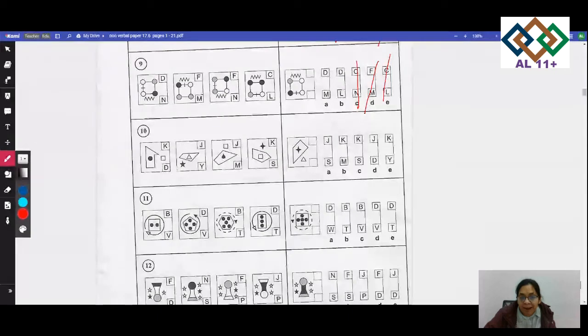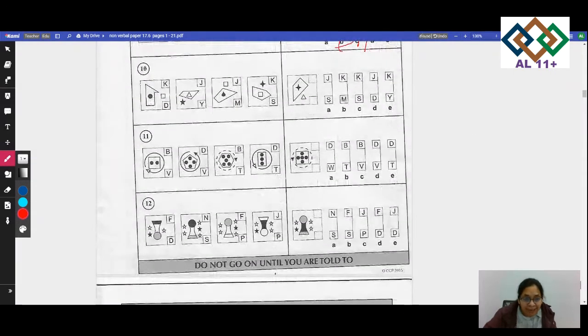So we're looking at M or L. If I look at M or L, what do I need? If you look at what's common, in L the line is crossing. We'll look at these circles here. It has a line crossing here and it has zigzag lines like this on the top, crossing here. I think so. Let me just double check the answer. I definitely think it's DL. Yes, I'm right. It's DL.